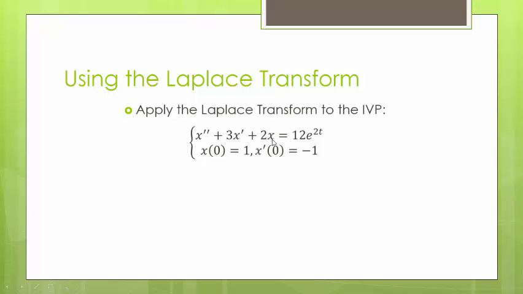You might write 2 capital F of s, and then that all would be equal to 12 times e to the 2t. Now because you have a 12, you'll keep the constant, and the Laplace transform of e to the 2t would be the quantity 1 over s minus 2 based on our work from earlier. After simplifying the left-hand side, combining like terms, and substituting our initial values, so x of 0 is 1, x prime of 0 is equal to negative 1, then you will have a statement,